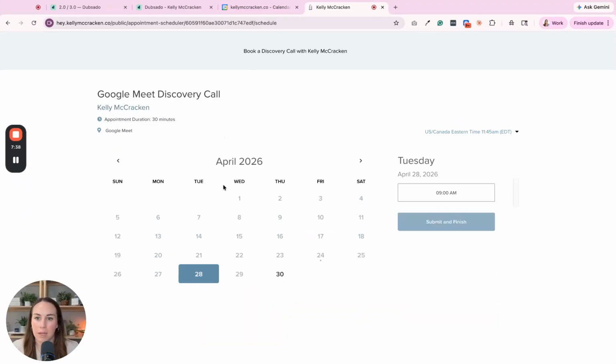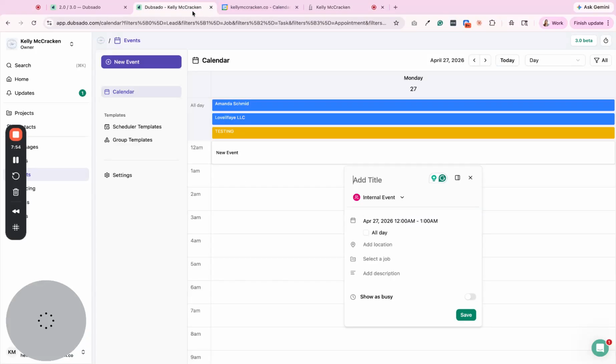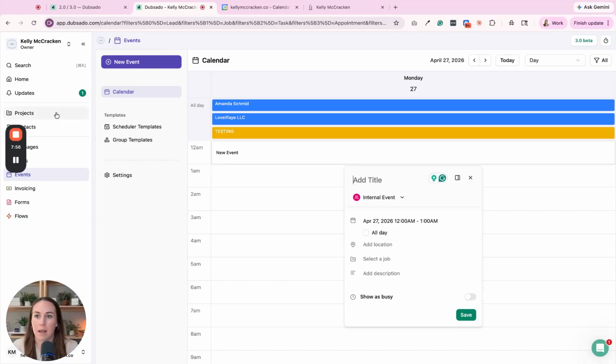Okay, so I waited a couple minutes and now you'll see that the 27th is blocked off. And that is actually on my other personal calendar, not on my business calendar. So as long as it is checked off as importing and busy, both of those calendars will be able to talk to each other. So the next thing that we need to do in our calendar is actually connect any